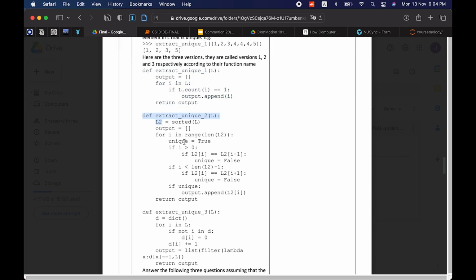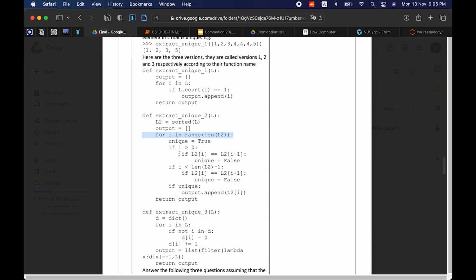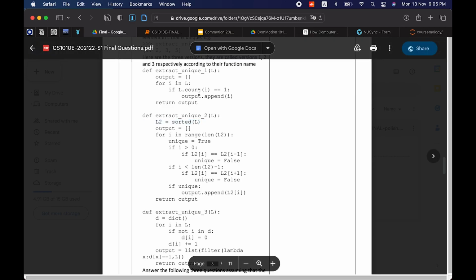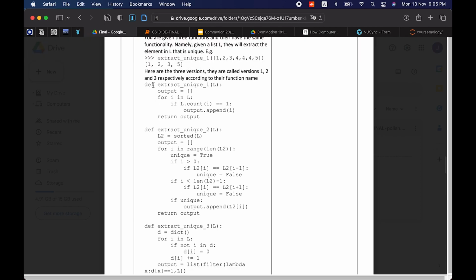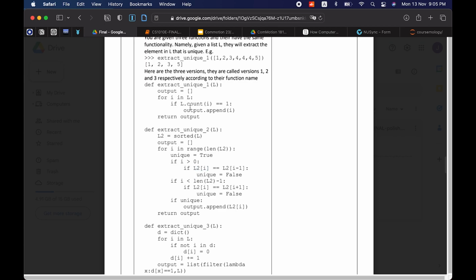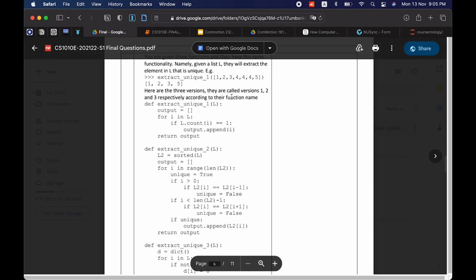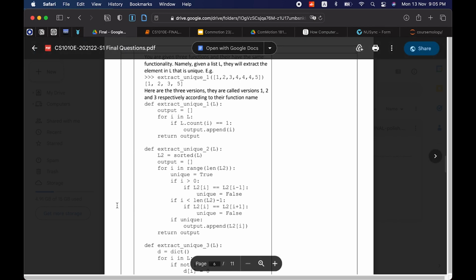And the reason why this is not the slowest is because here, I'm checking, I saw the list already. So this is actually assuming that it's sorted. But what if it's not sorted? This thing is going to have a hard time, and this thing is going to have an easier time. Because when it's sorted, what I can do is I just go through each element. So it takes some time to understand what this function is doing. What it's doing is checking each one, and then the one before it.